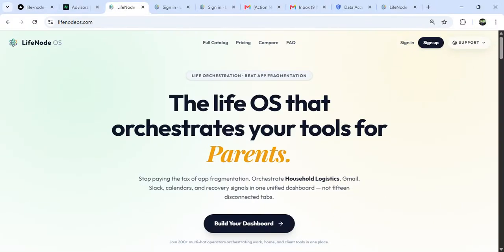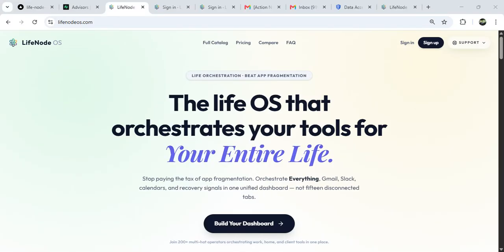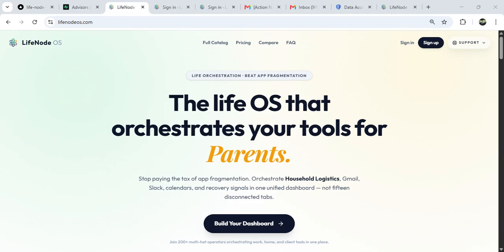Hi, this is Anne, and this is a demonstration of LifeNode OS for Google OAuth verification. LifeNode OS is a life and work orchestration web app at lifenodeos.com. Project name: LifeNode OS, project number